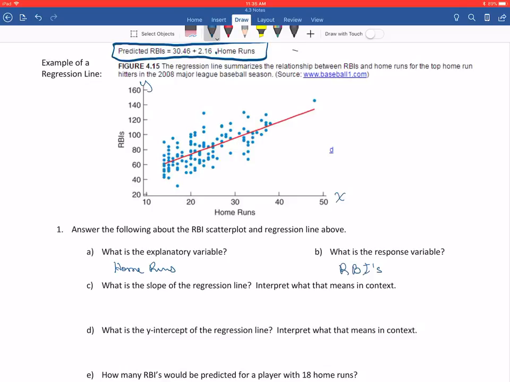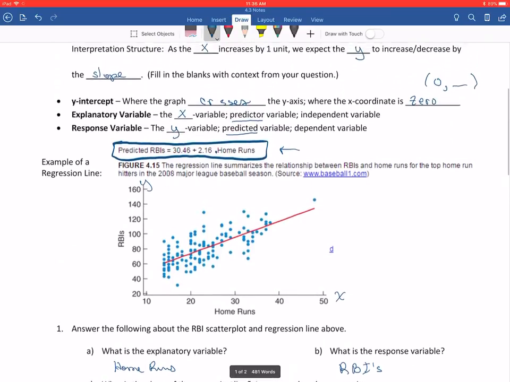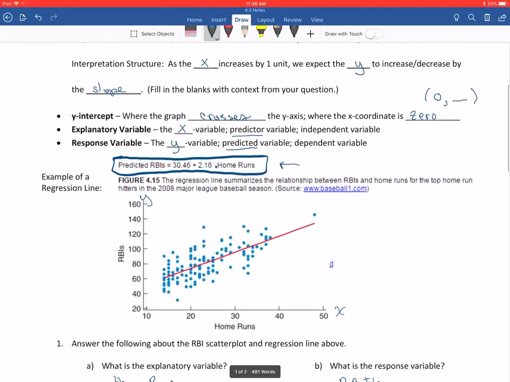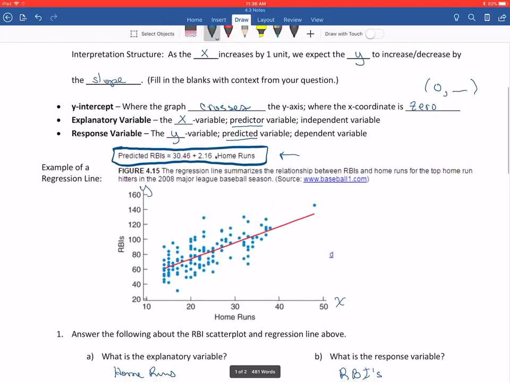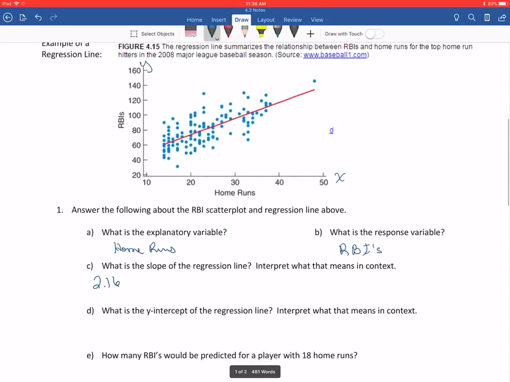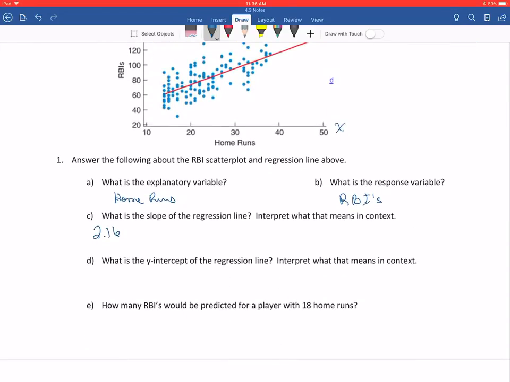What is the slope of the regression line, and interpret what it means? Okay, so we have to be able to look up here at the equation and know which of those numbers is slope. Slope is always the number in front of the x variable. So in this case, the slope is 2.16. And now we want to interpret what that means. So I'm going to use this sentence structure from up here. As x increases by 1 unit, we expect y to increase or decrease by the slope. So I could say something like,